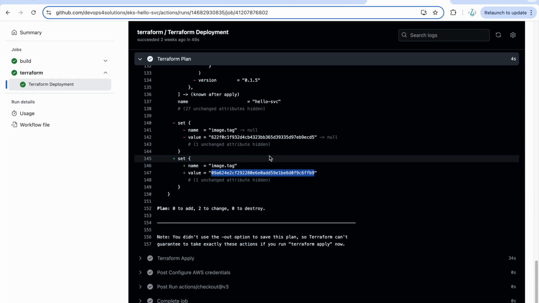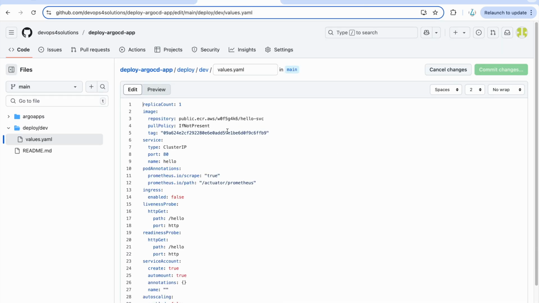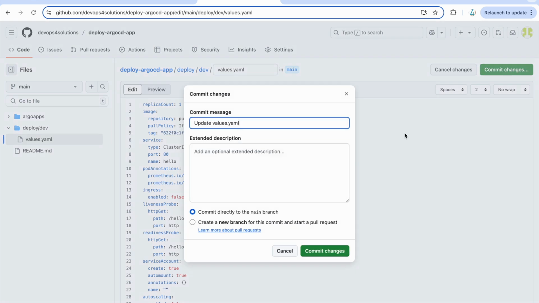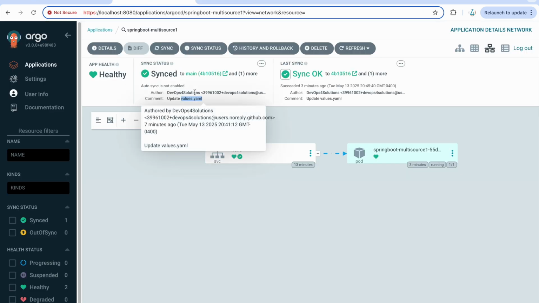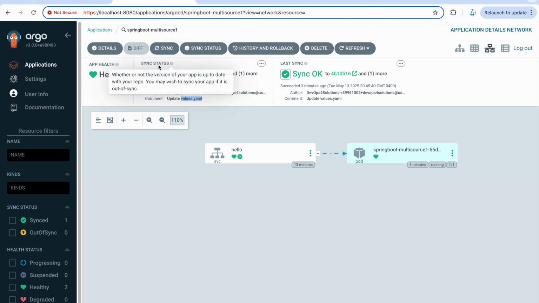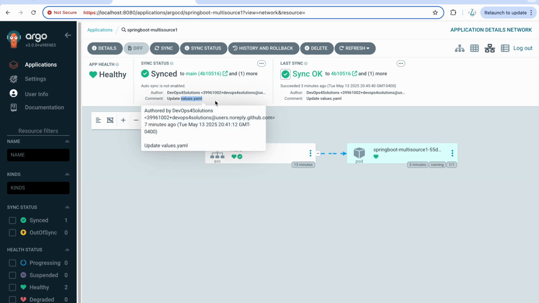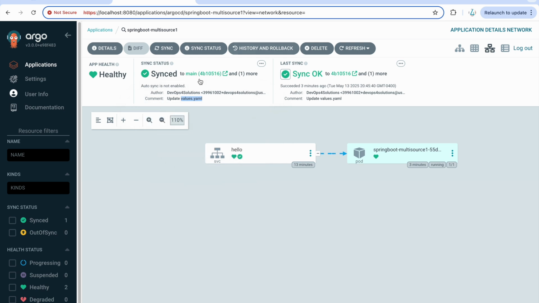I will just use this image and add this file now. So now we have the auto sync disabled, and we have updated this. So we will see what happened. Here it always says sync status synced because it is the latest commit on that GitHub repo. Now after 3 minutes, when it checks again, it will find that it was not synced, and it will find the difference also. So it will show you here out of sync. So we will see that shortly.